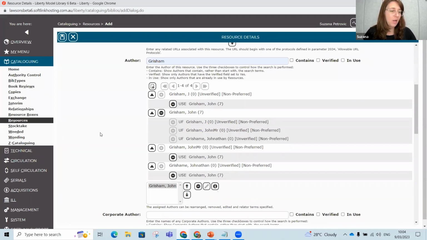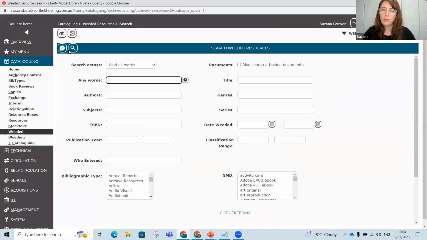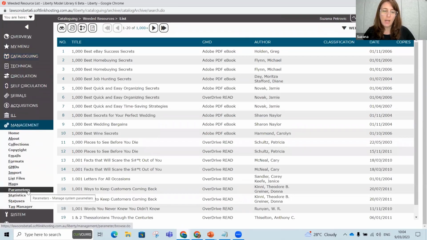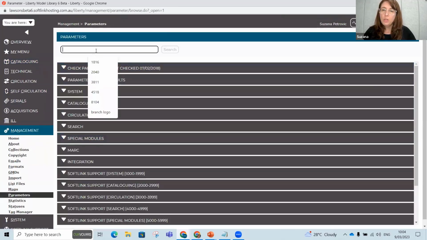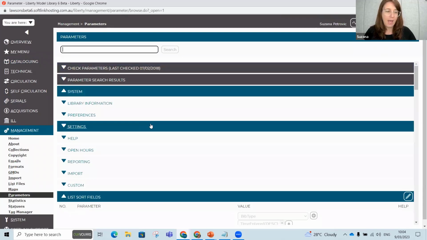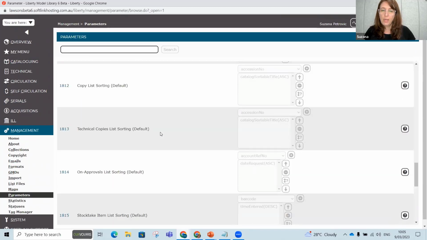Staying in cataloging now, we've now added the ability for you to set the default sort parameter when viewing your weeded resources. Let's head over to our weeded resources and have a look at what it looks like at the moment. So here are my weeded resources currently sorted by their default parameter. If I head back over to parameters, so management and parameters, what I'm going to do is make a change to parameter 1816, which is a new parameter setting we have added in. Let me scroll down until I find it. Here it is down here,